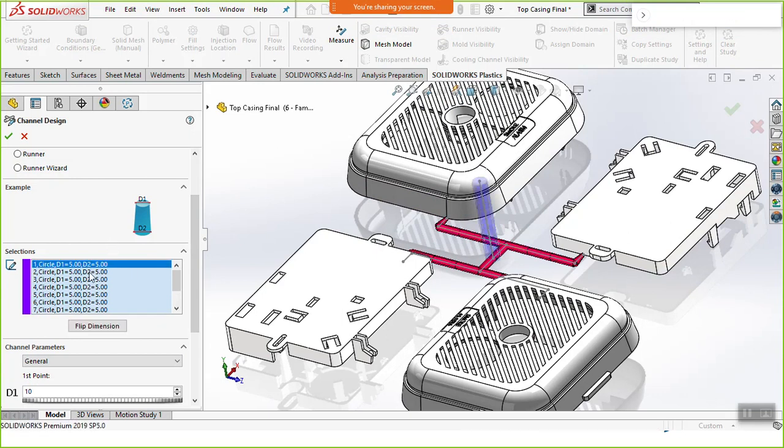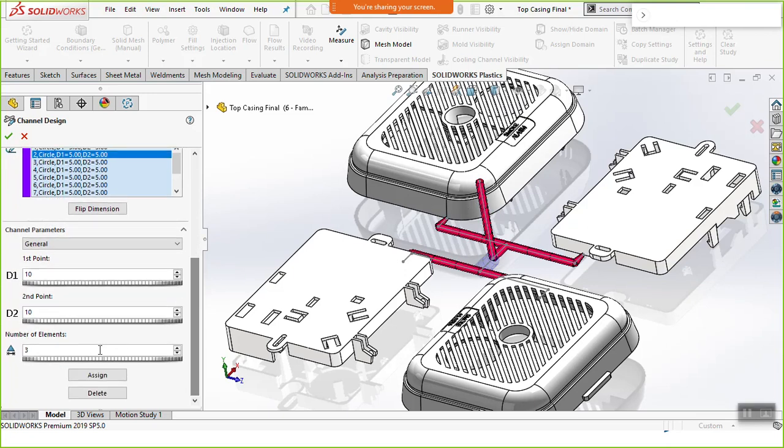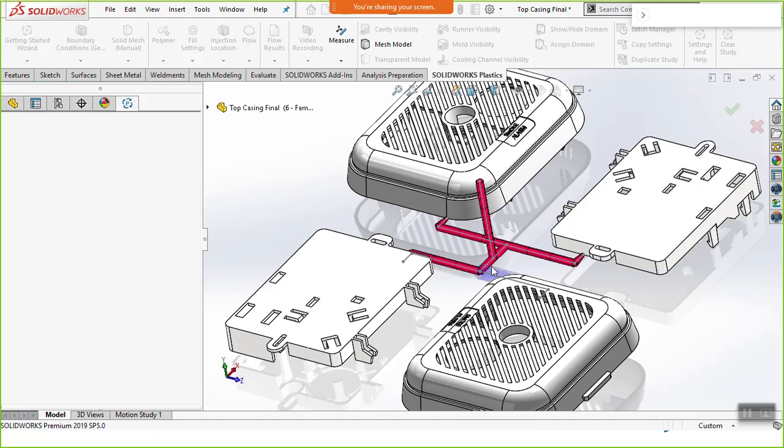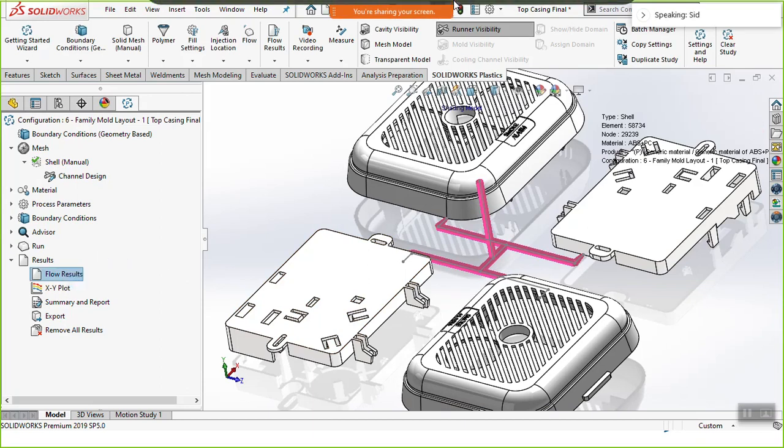So you can specify what should be the diameters, the first end and the second end of the runners, as well as the number of elements. Likewise, I have given this to my component, and finally, let me showcase the results.